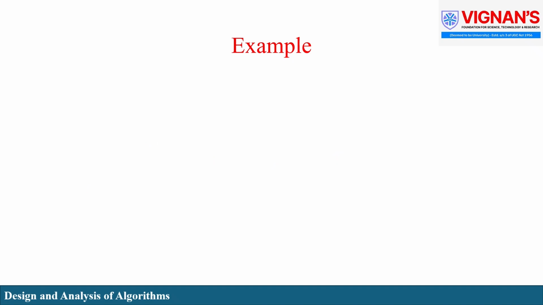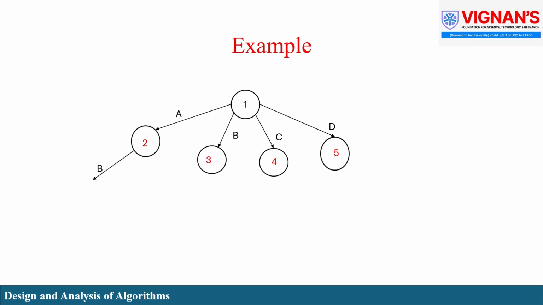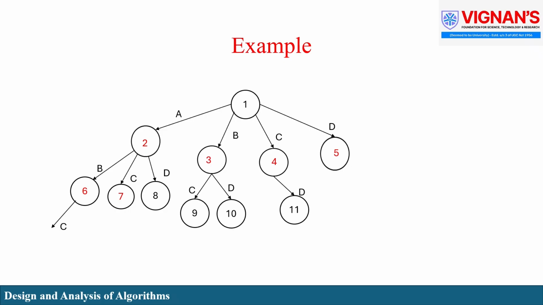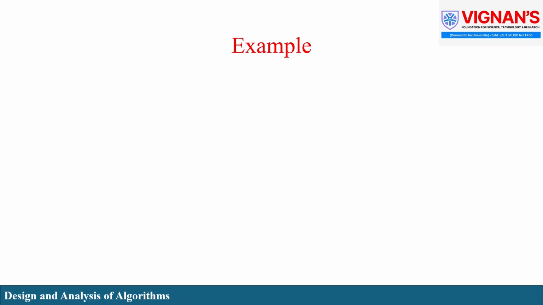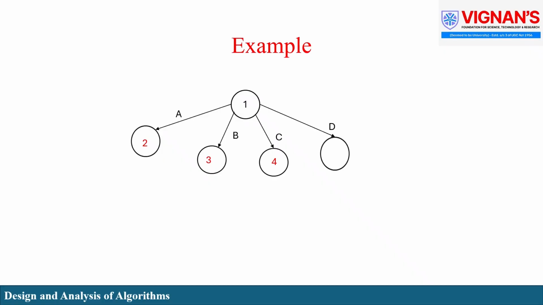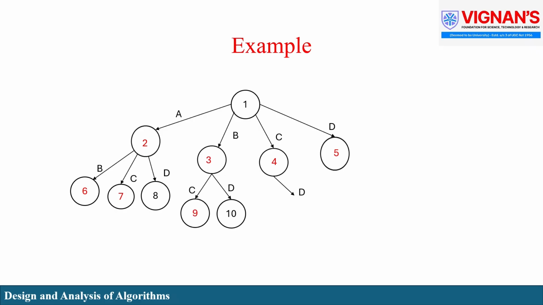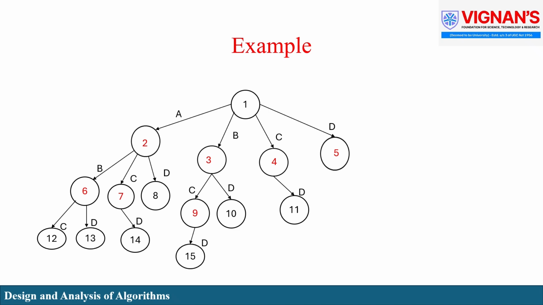Now, we will expand node 7. As we have considered elements A and C and not considered element B, we have only one option to explore, which is element D. Let's create node 14 for D. At node 8, we have considered elements A and D and not selected elements B and C, so we have no more elements to explore, therefore on node 8, there won't be any expansion. Now, we will expand node 9. As we have considered elements B and C and not considered element A, we have only one option to explore, which is element D. Let's create node 15 for D.